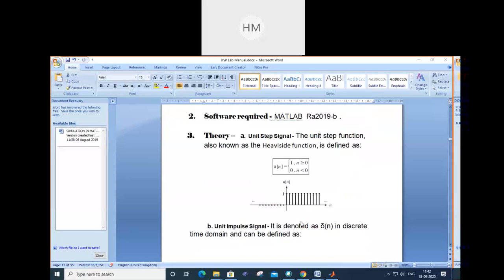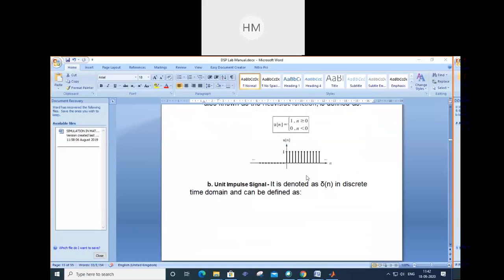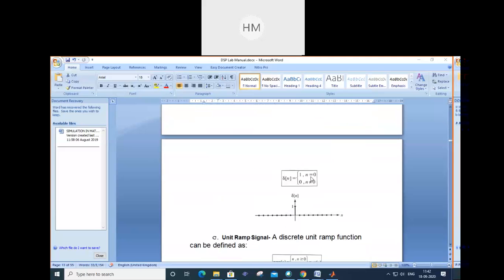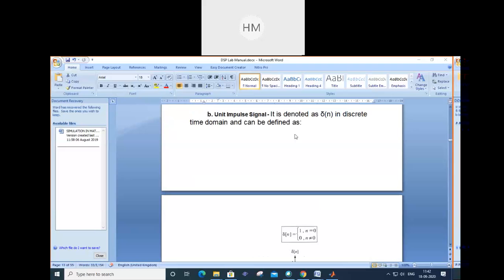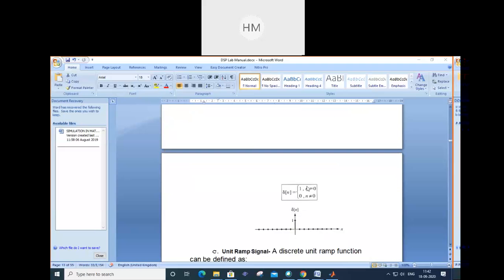So this is my unit step function, unit impulse del n. And see, this is the discrete signal, not the continuous one. And you have to generate both continuous and discrete. Impulse function is denoted by del n. In discrete time domain or continuous domain, del n is equal to 1 for n is equal to 0, otherwise it is 0. In discrete domain, we write n. In continuous domain, you have to mention t. At t equals 0, the signal is 1, del n is 1, otherwise it's 0.